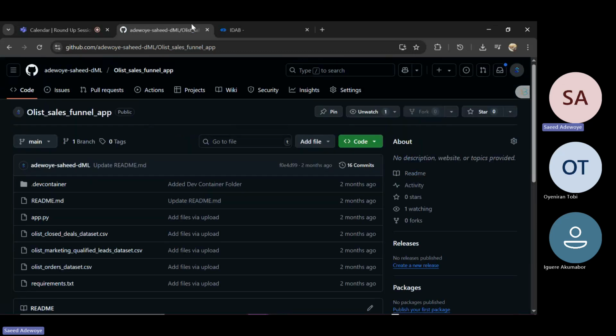So coming back to this project, let me walk you through how you can save your file after signing up on GitHub, so that anybody that needs to go into your dashboard, you can simply share the GitHub link with them. You know, Power BI is quite different from Tableau, in the sense that Tableau is just like open source.